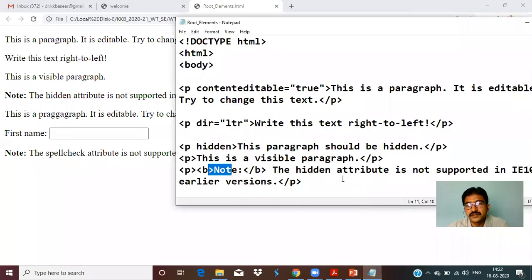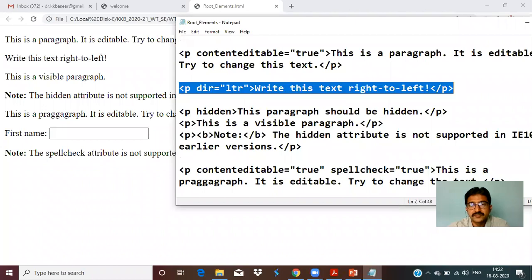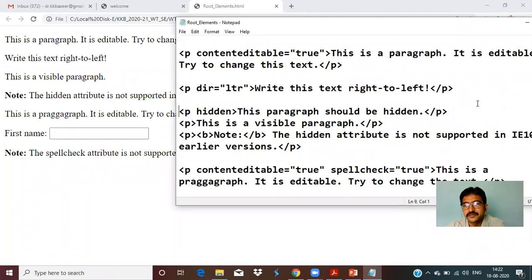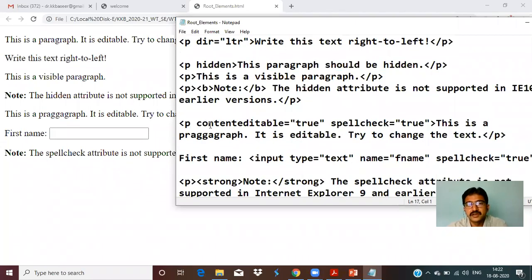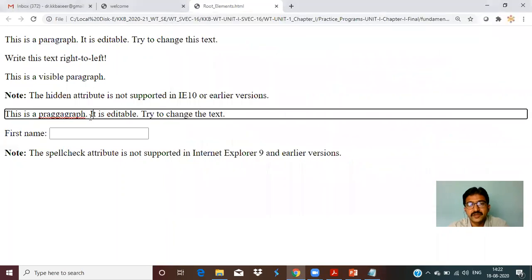After this, in the program, we have checked for spelling. Now see here, a paragraph. It is editable. Try to change this one. Here is a spelling mistake. Once we click on this editable paragraph, it shows a red mark. Hope it is visible to you all. There's a red mark below this.